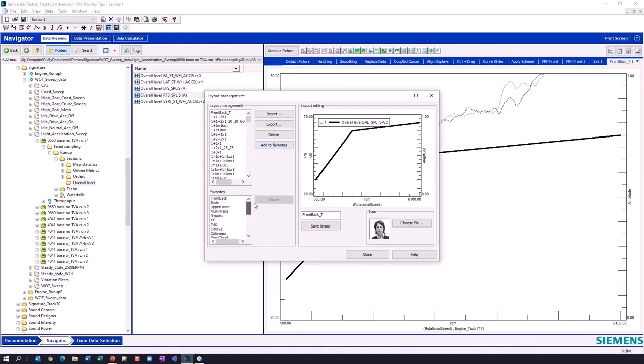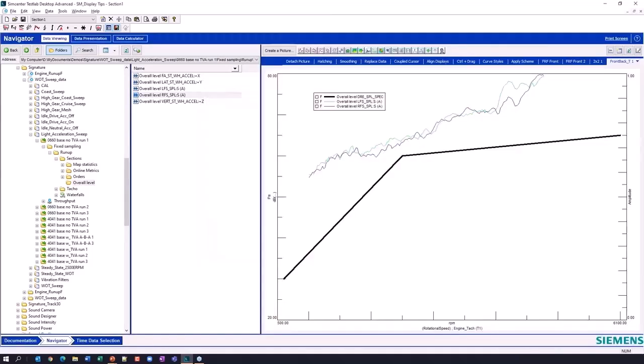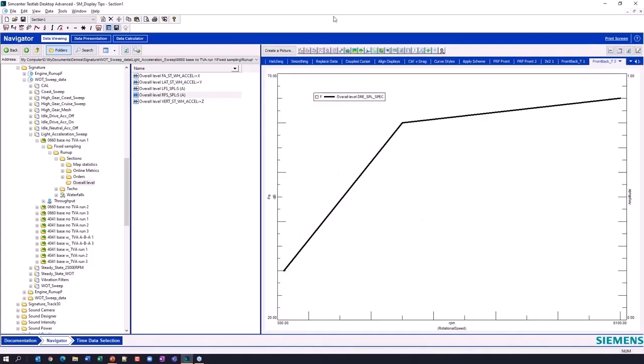And so I'll add that guy, save it, and I believe he should be in here somewhere. Now I have to add to the favorites. Maybe that's it. Yep, and so now he appears back here at the back. And so now you see this new front back underscore T with a little bitmap icon of Paul McCartney. And now if I click on Paul's face, I get this front back with my target line built right in.